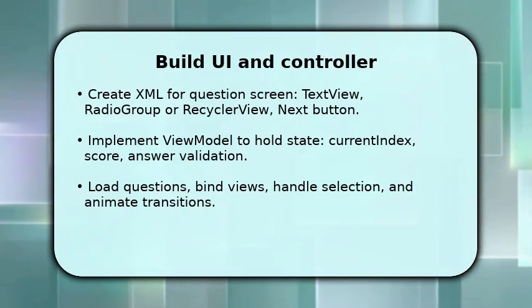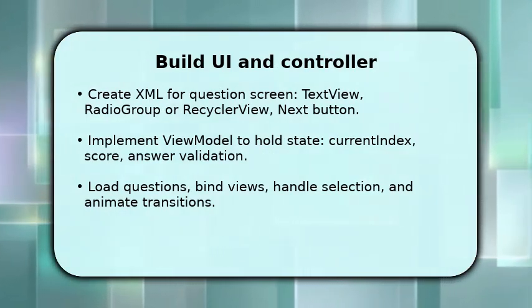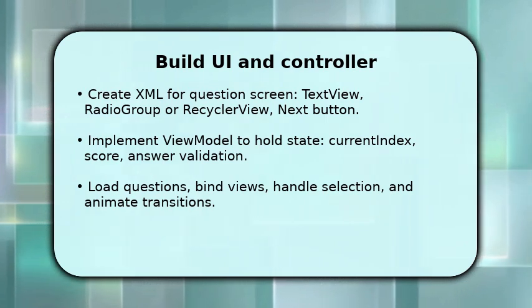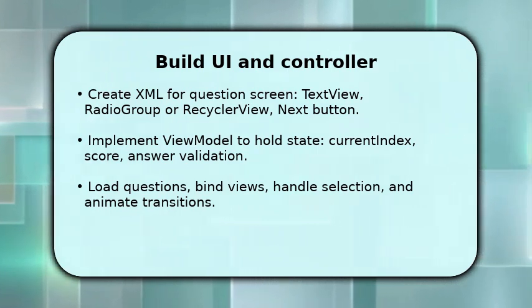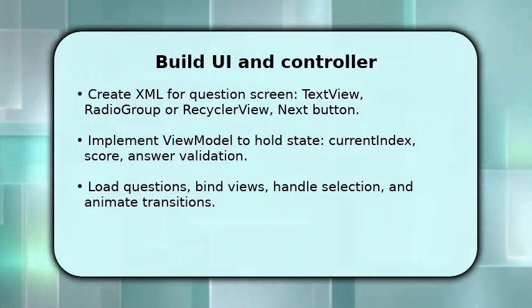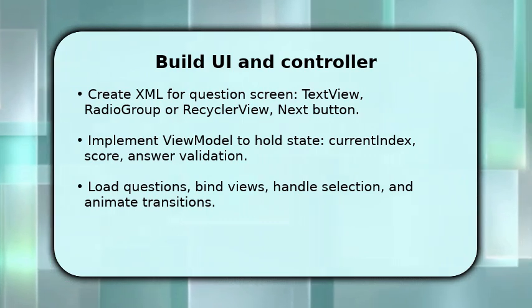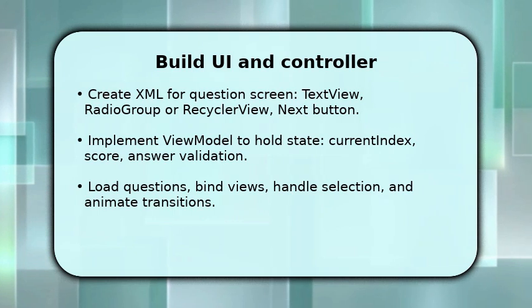Next, build the interactive UI: a text view for the prompt, a radio group or recycler view for options, and navigation controls so users progress smoothly. Once the layout is ready, implement a view model to hold current index, score, and validation logic to keep UI